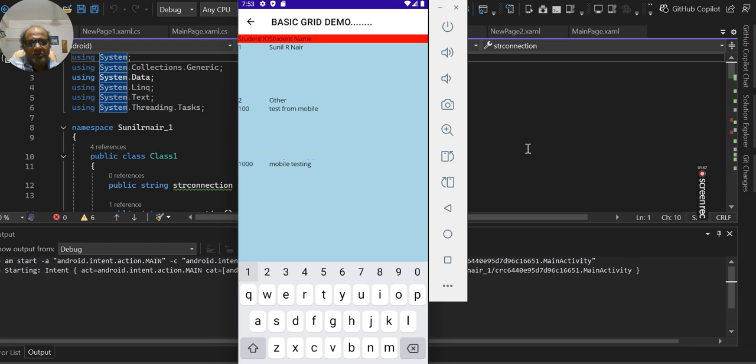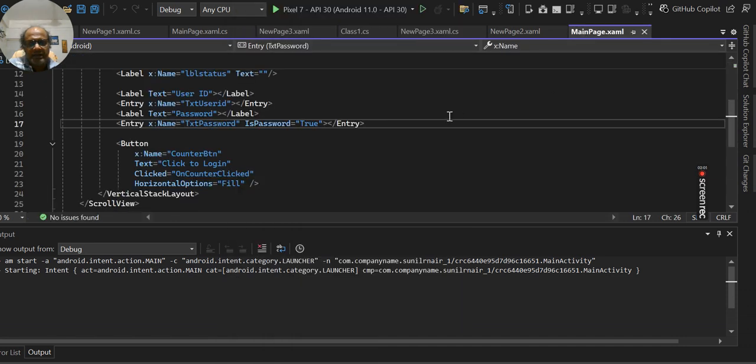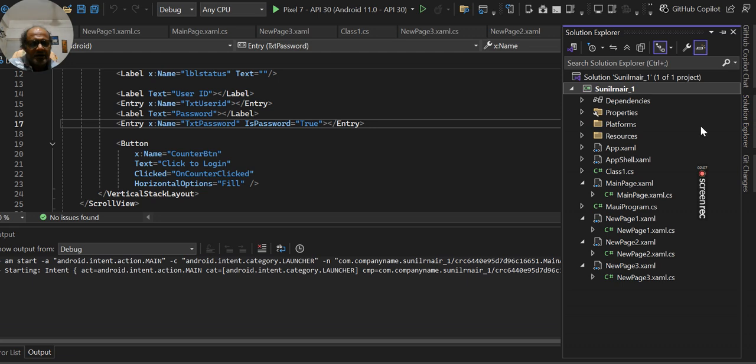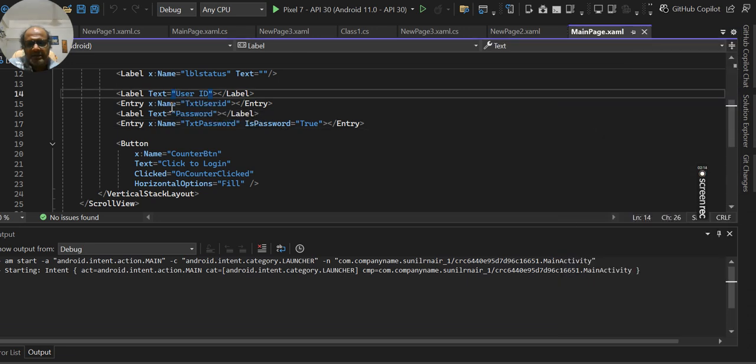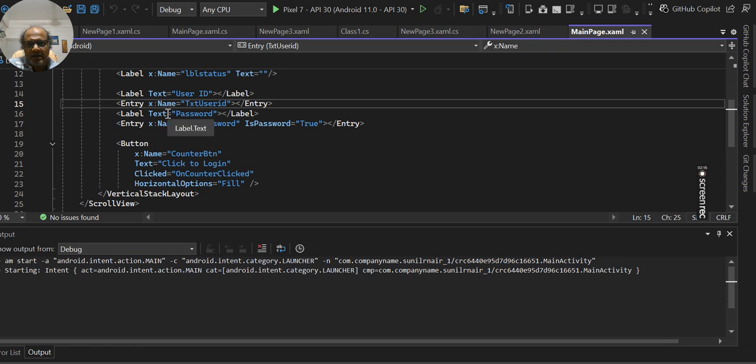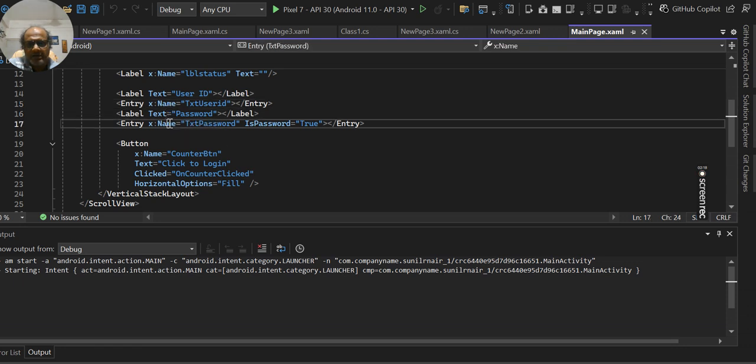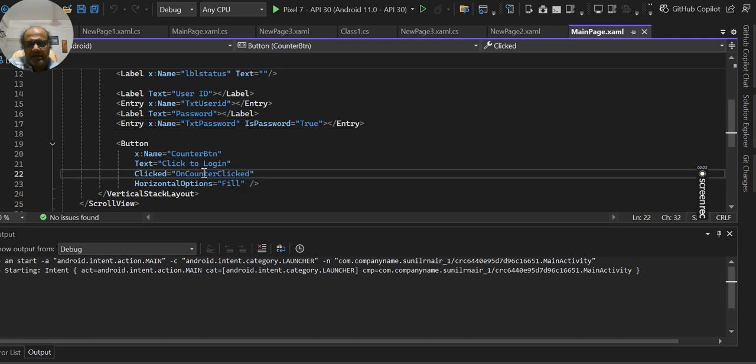So the code you have also seen. See the file name, XAML. This is the solution bar. These are all the files which have been taken. Label has been taken, text box has been taken, again label, password. On button click it will call one function,